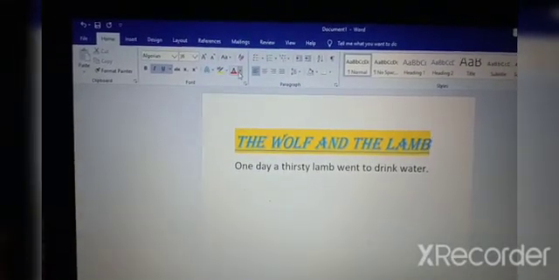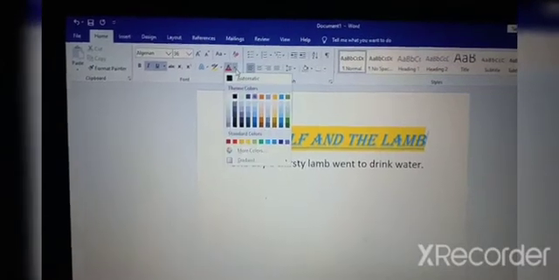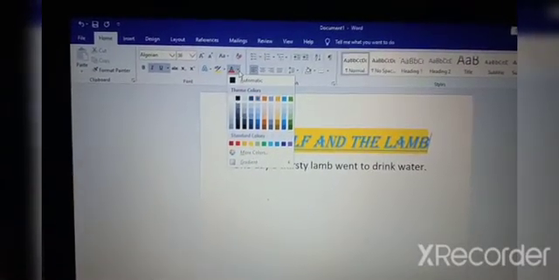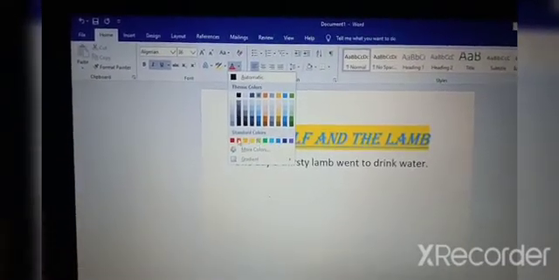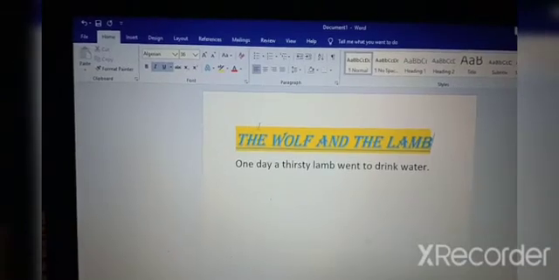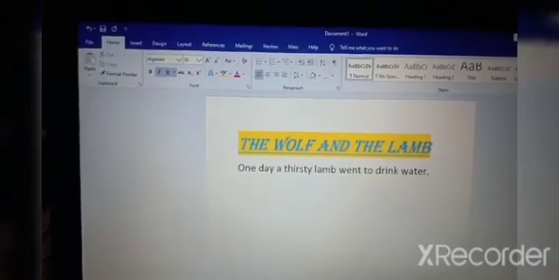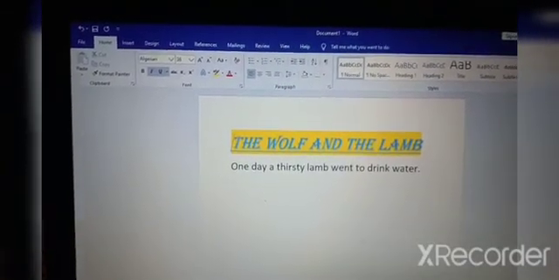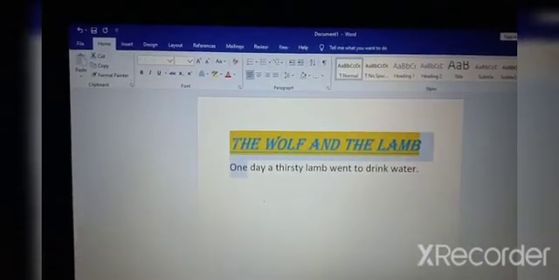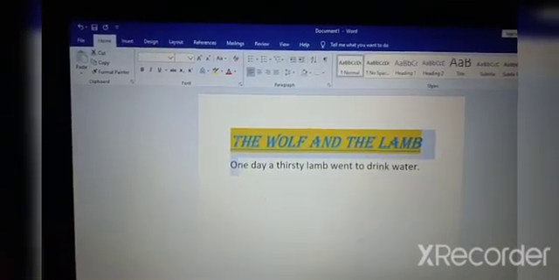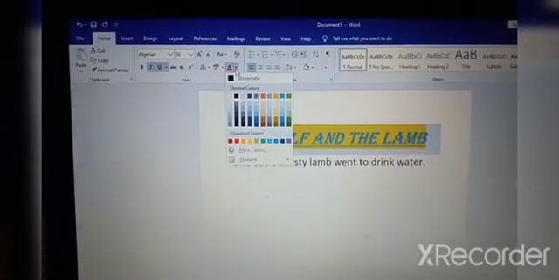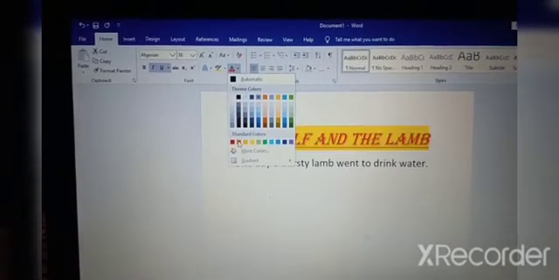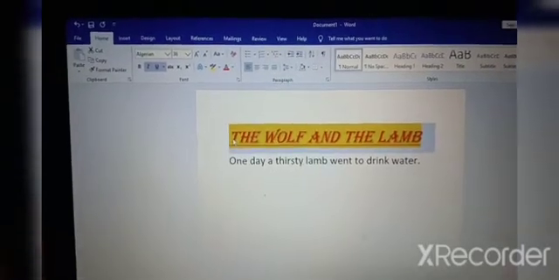And this is the font color, children. Font color means your text color. You can apply any text color to your font. I will take a red color. Now for this, what you have to do? You have to first select the word. Okay, this is not selected. Now again I will select it, and give red color. See here, you can see the font is red.